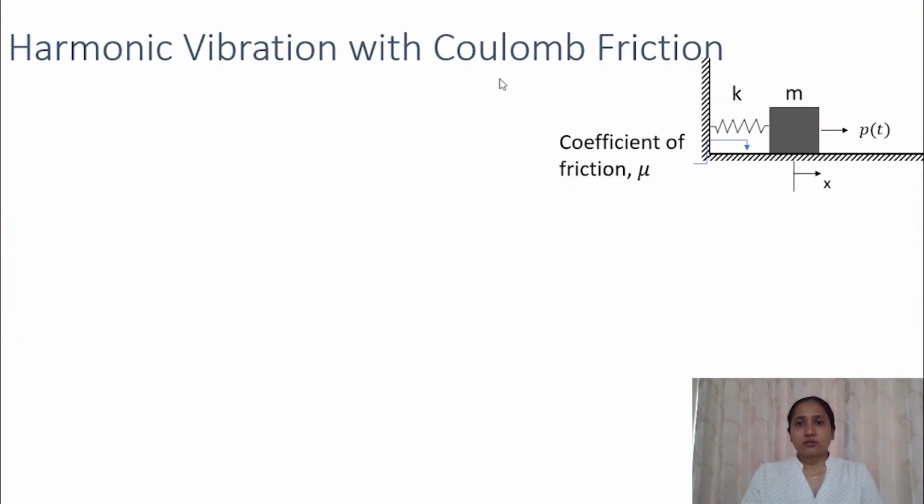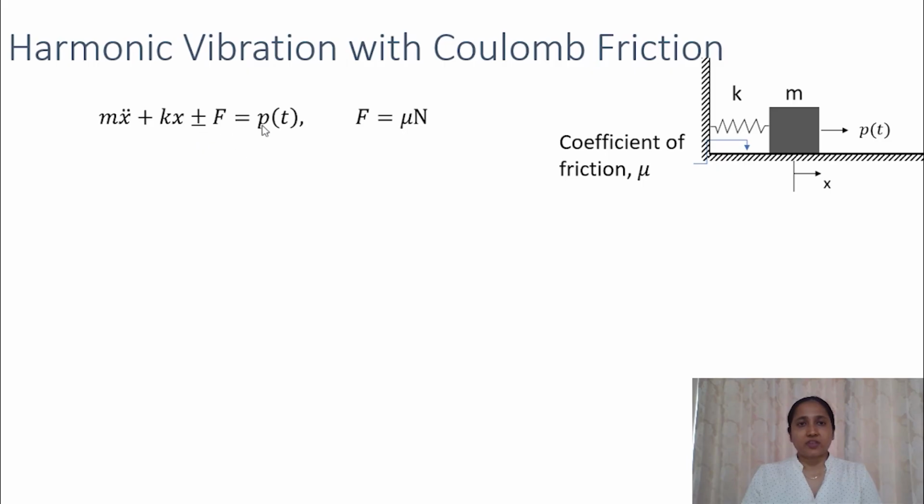Now let's see another example of non-viscous damping. This is called Coulomb friction damping, and it is due to the friction between two surfaces. When this mass moves over the surface, because of the friction, there will be some energy dissipation. We have seen this type of damping during the free vibration case. In the case of harmonic vibration, the equation of motion is this: m x double dot plus k x plus or